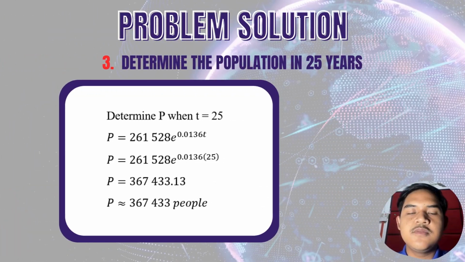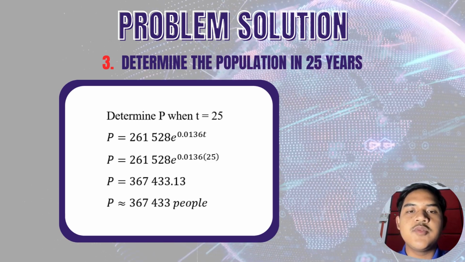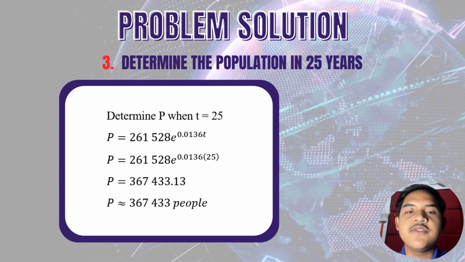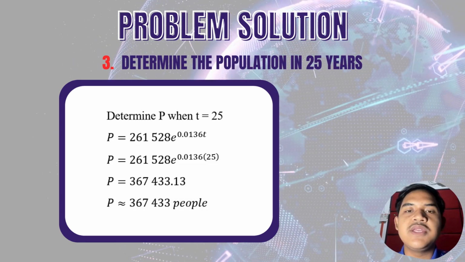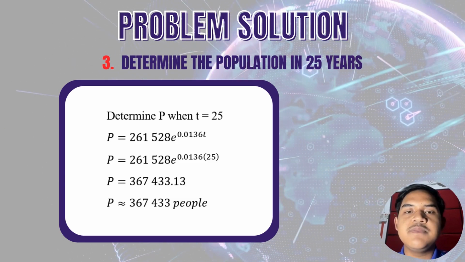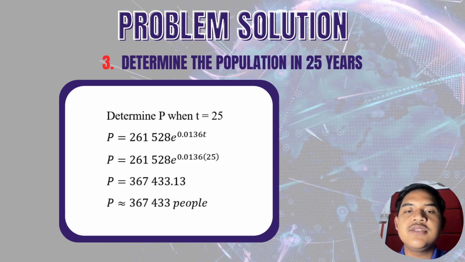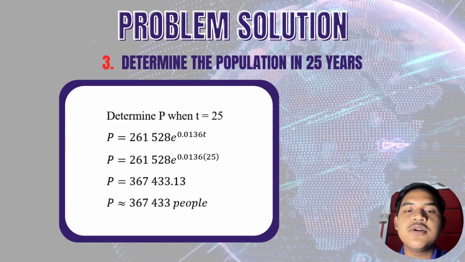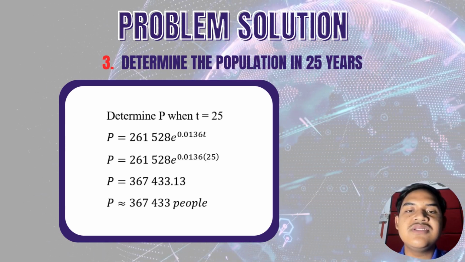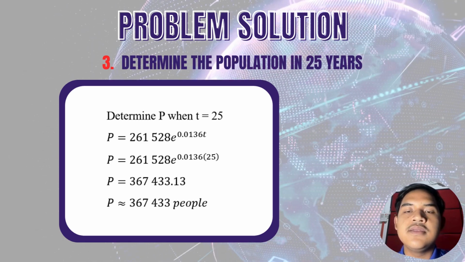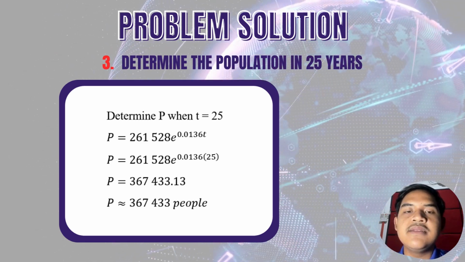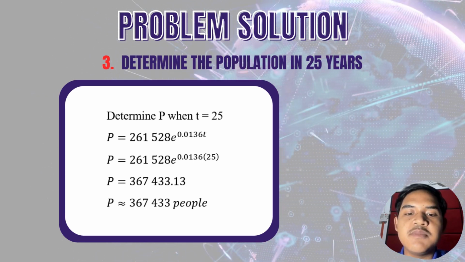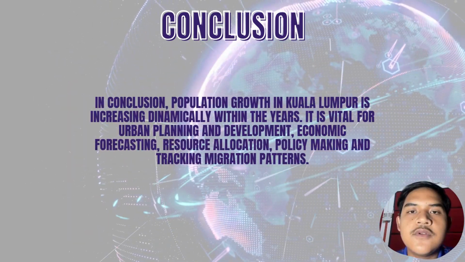For the last problem, we need to determine the population in 25 years by substituting t equals 25 into the solution we got at the first problem, which is P = 261,528 e^(0.0136 × 25). Thus, we will get 367,433 people. So, for the conclusion,